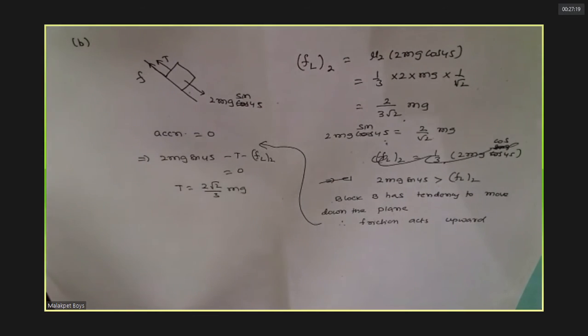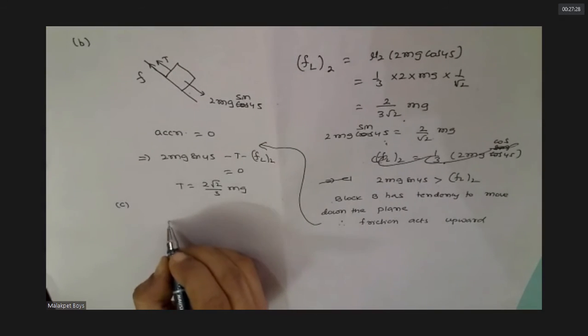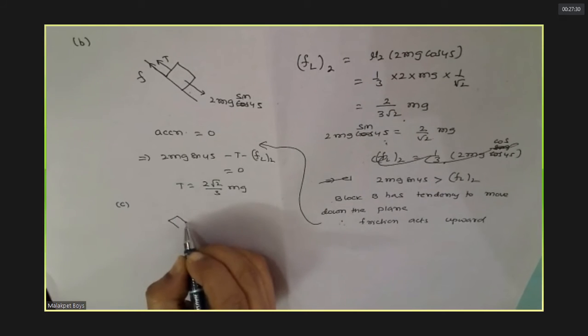Shall I remove this? Yes. Now we are asked to find another aspect. What is that? Third one. See, on A,